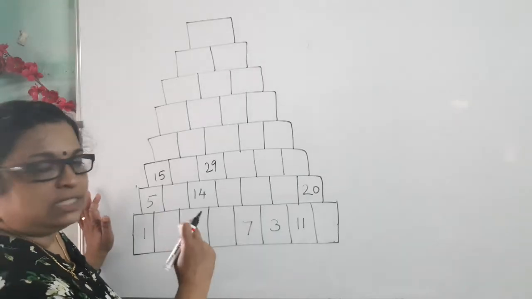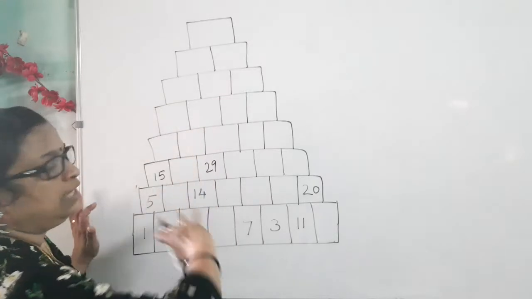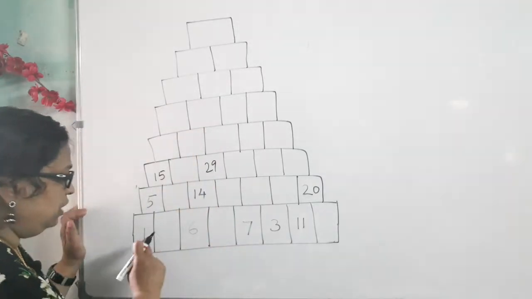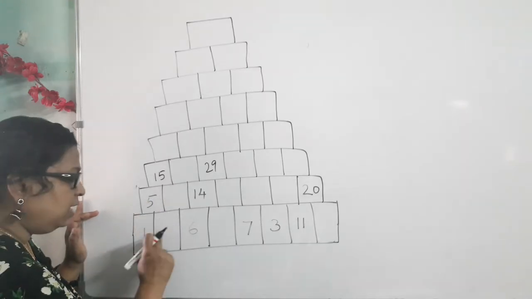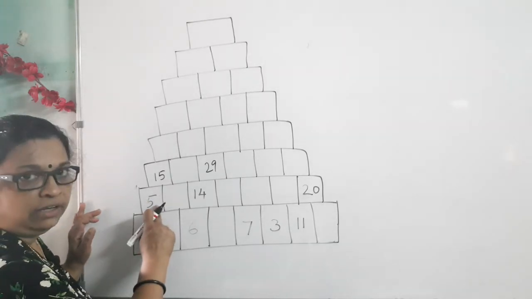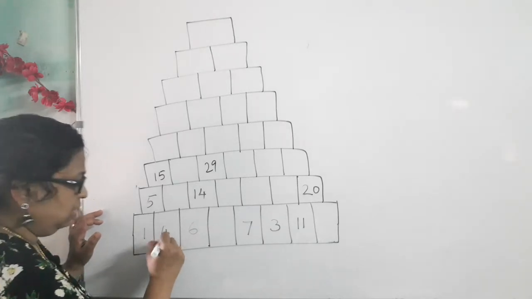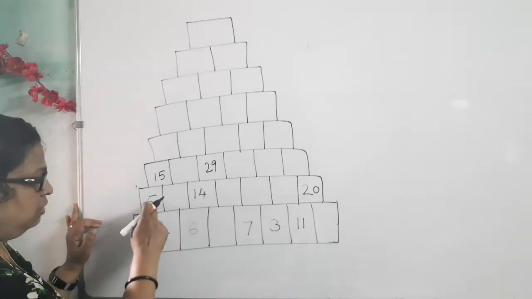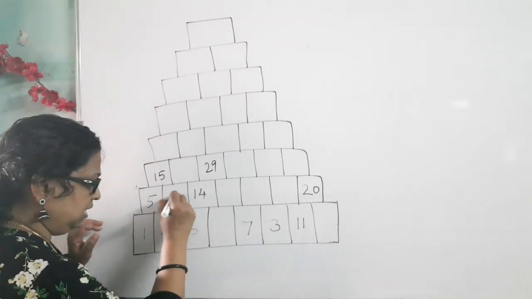Okay, so now a big pattern. Here some columns are given, and all the other columns we can find out. We know that these two when adding we get this column, that is 1 plus dash equal to 5. We know that 5 minus 1 is 4, so we can write here 4. This 1 plus 4 is 5. Then 4 plus 6, that is 10, that we can write here.